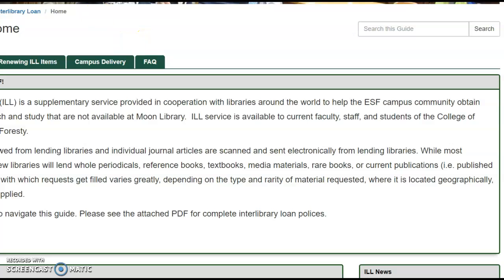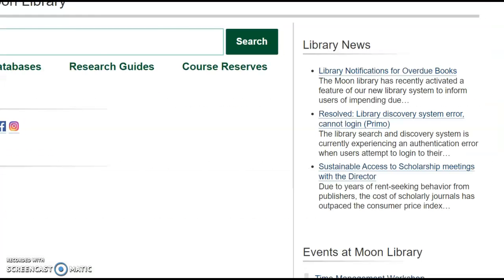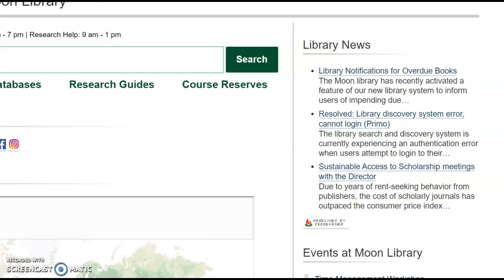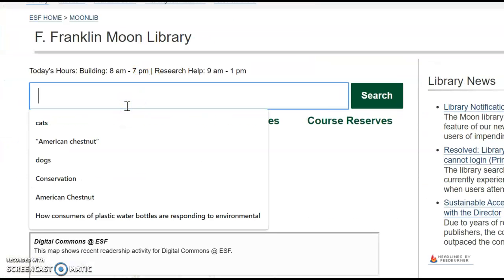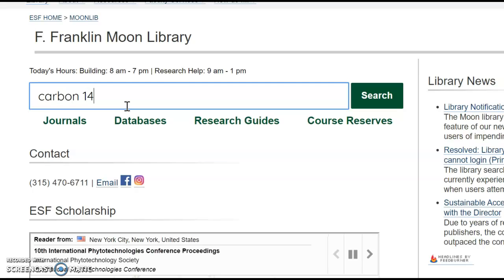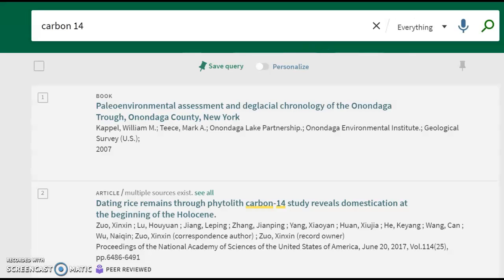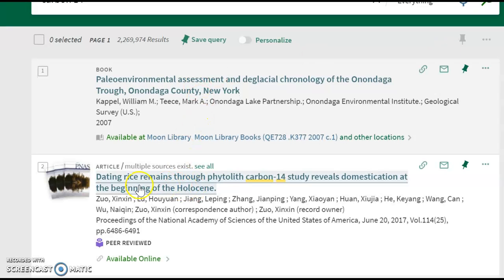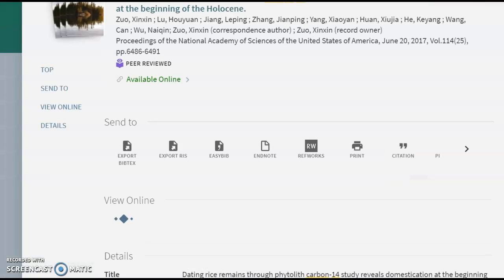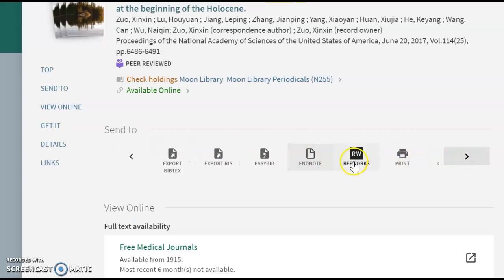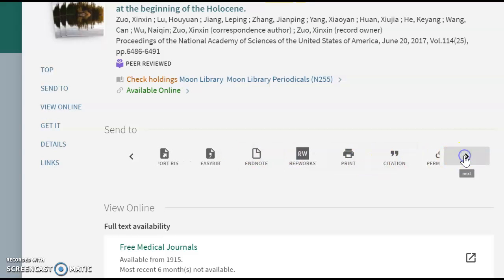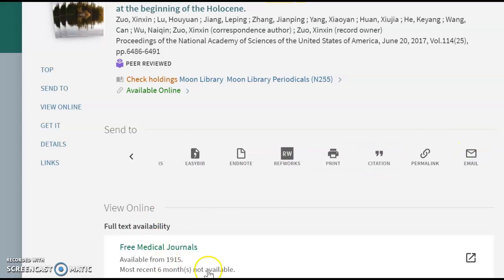So how to save it, let's go back to the library website. And if we want to search Carbon-14, and we want to save this article, here we can send it to our email, we can print it out, we can look at the citation on how to cite it, and here's the full text availability. And then up here